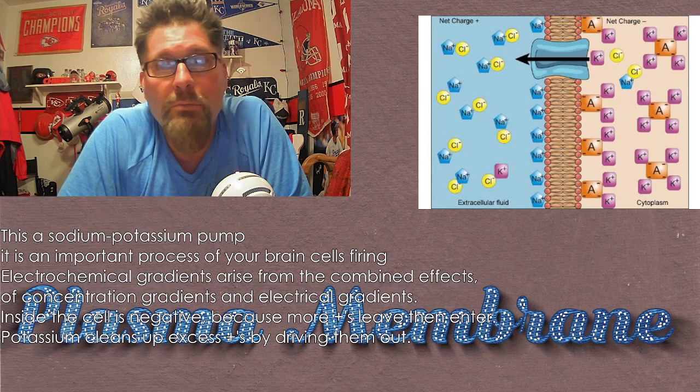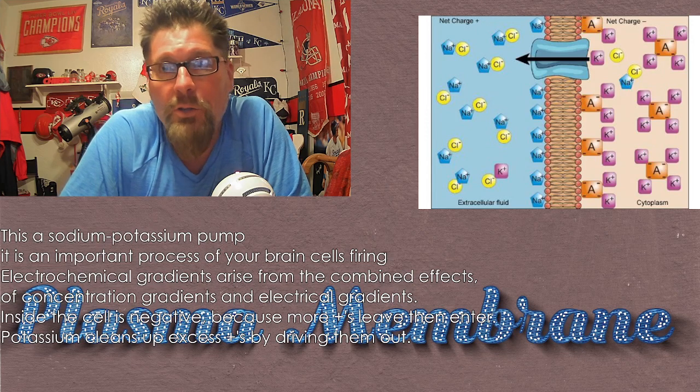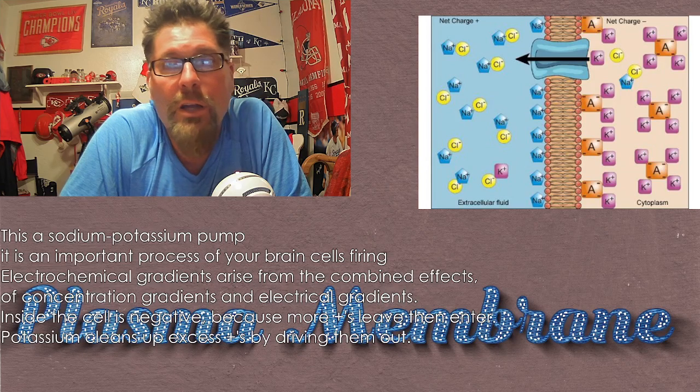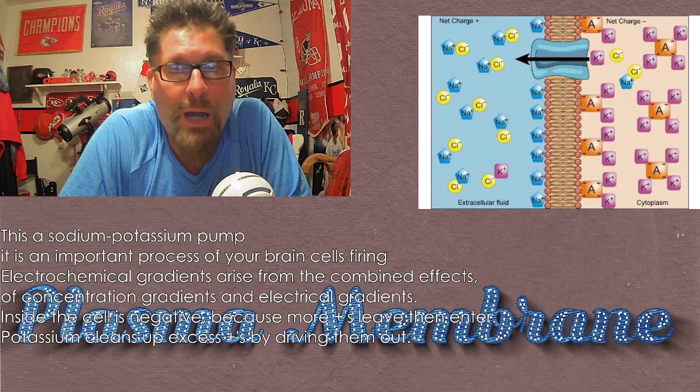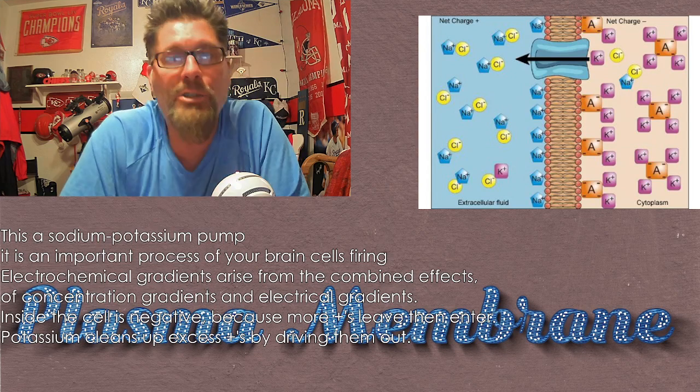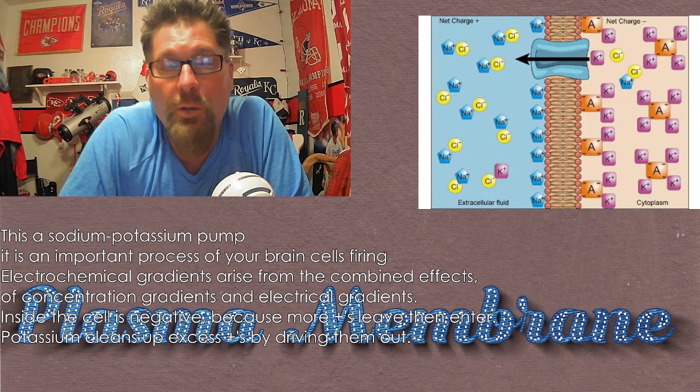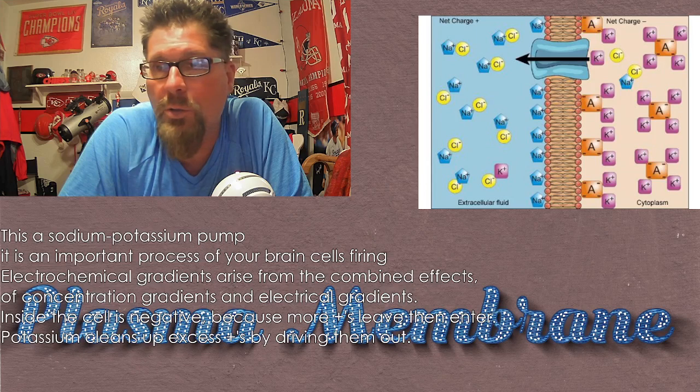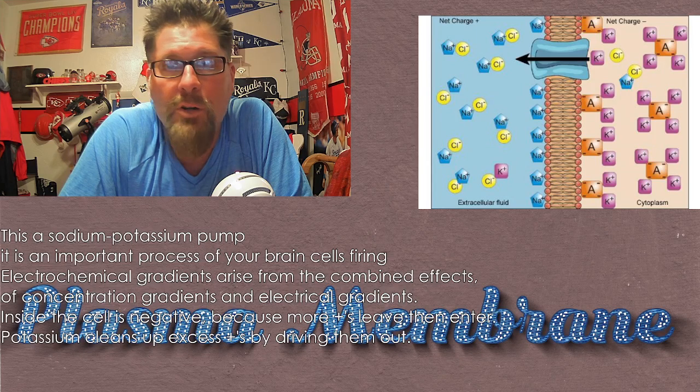They're using essentially diffusion to try to balance out not only the sodium difference in concentration amounts, but also the charge difference. It's trying to make that cell be neutral. And they just move across,